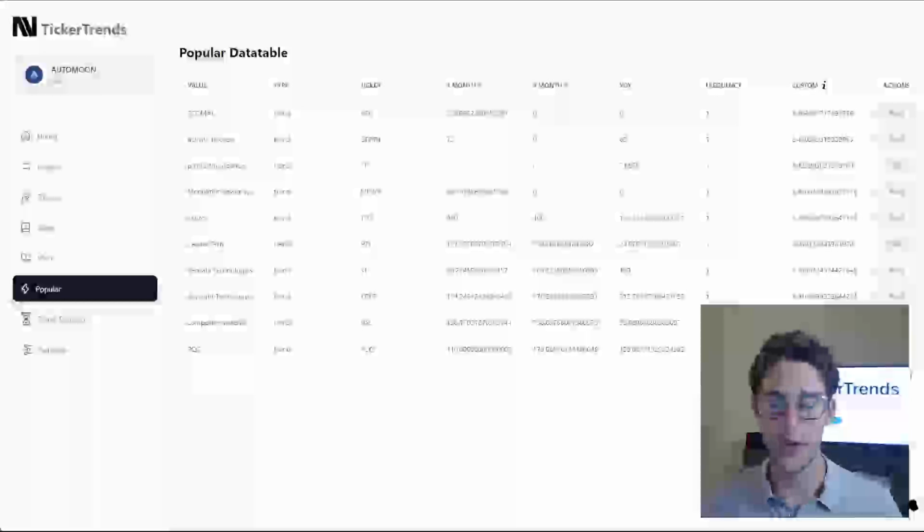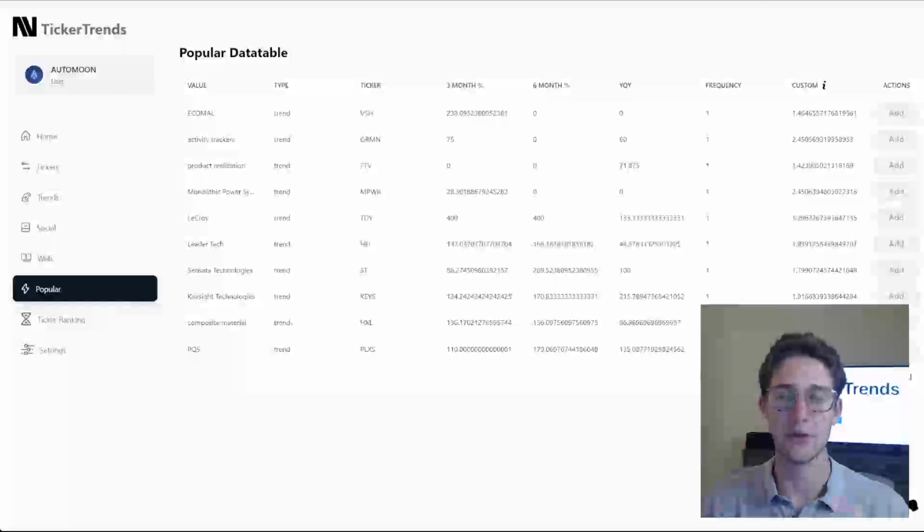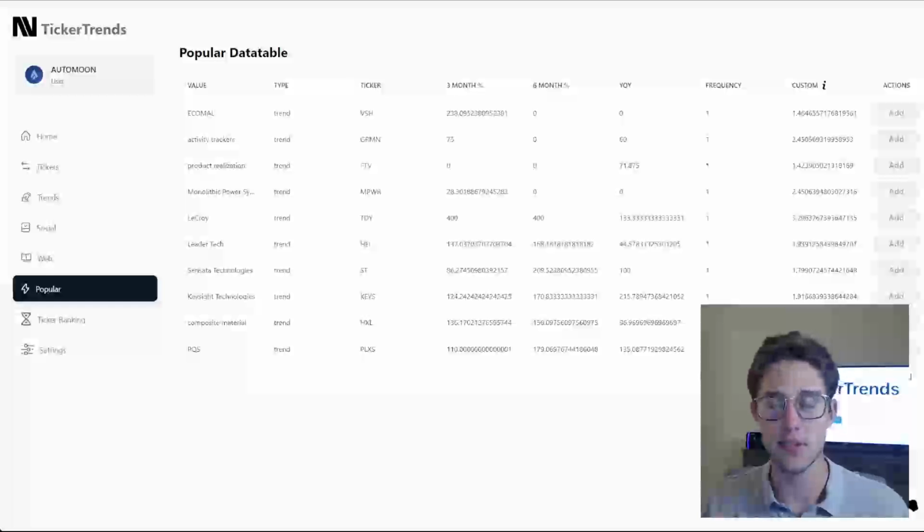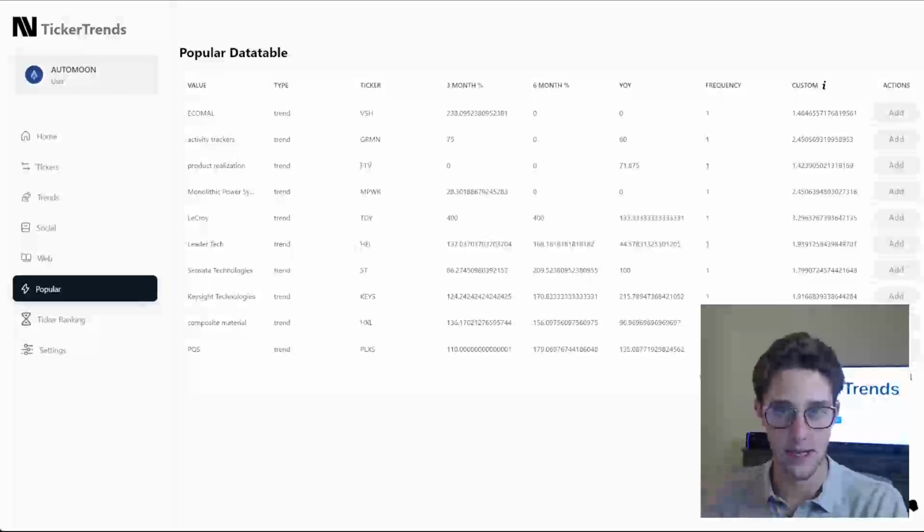Now, there is one final data table on the TickerTrends platform, and that data table is the popular data table. The difference with the popular data table is that you have this frequency column. What the frequency column means is it's the number of other people who have that data value added to their account as well. So a data value here in this case is not just the value itself, it's also